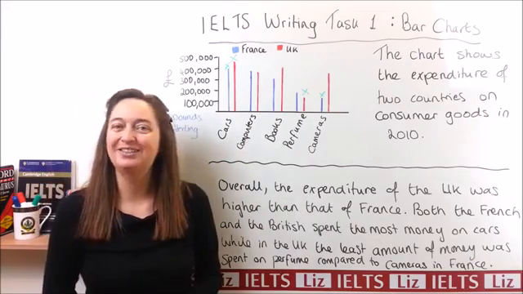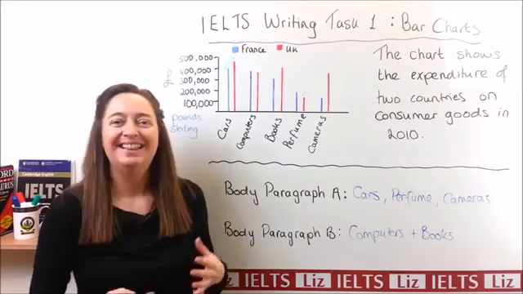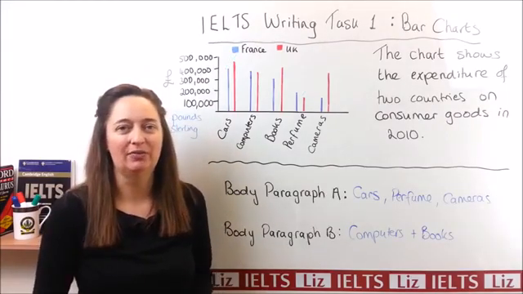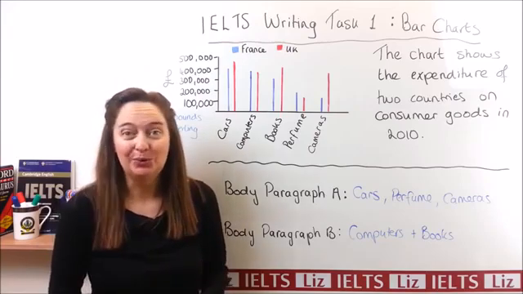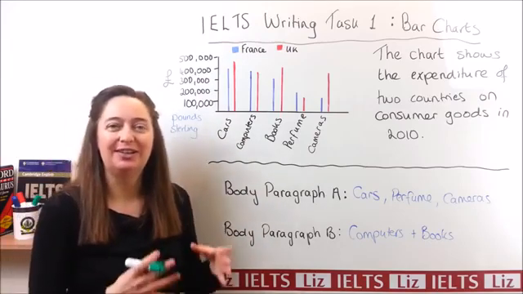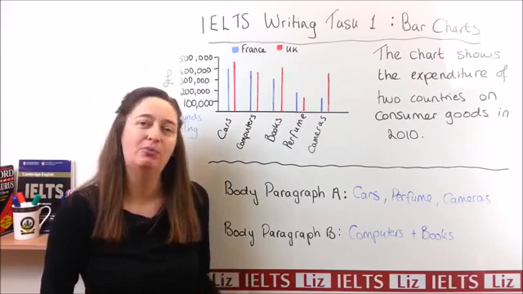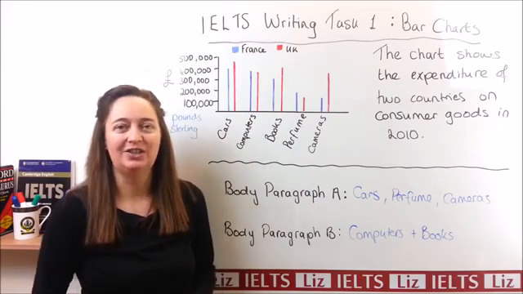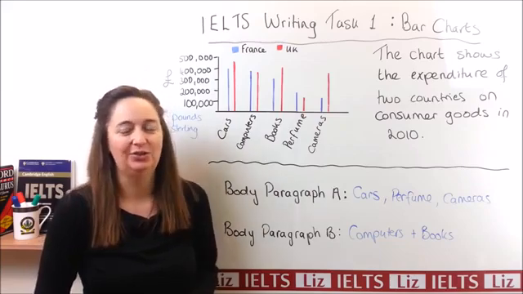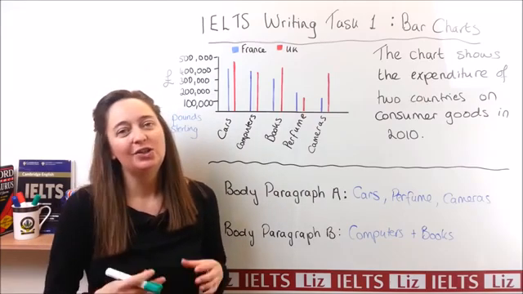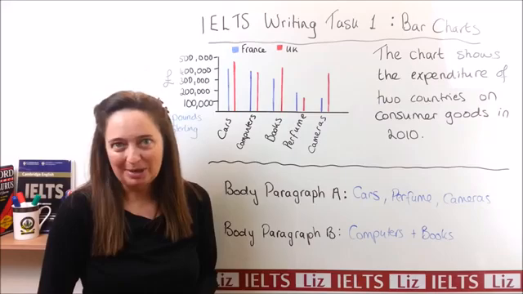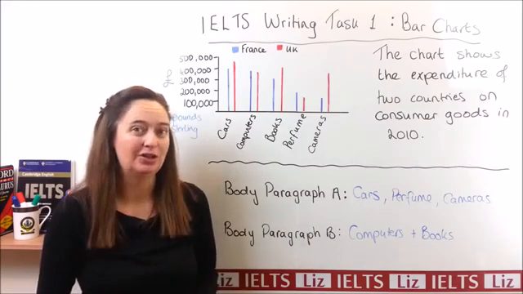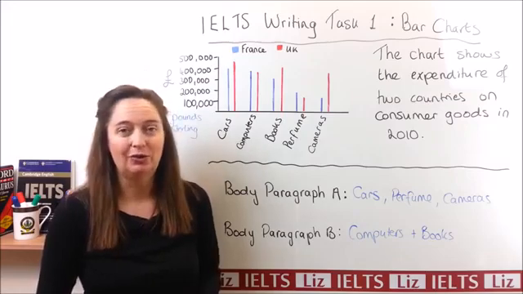Now let's have a look at the body paragraphs. This is one way to organise the body paragraphs. Now, let me give you a rule first. You must divide the body paragraphs. You cannot have one body paragraph. You are being tested on your organisation and your use of paragraphs. So that's 25% of your marks. So if you have only one body paragraph, it's going to be hard to get a good result for coherence